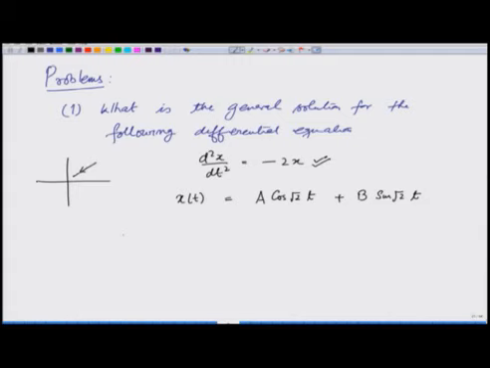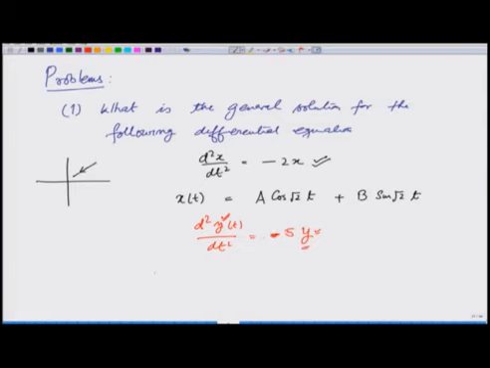Let us take another example. Let us say d2y(t) over dt square is equal to minus 5y. I am using y just to emphasize these are just symbols. What you need to do fundamentally is look at the relationship between the symbol which represents the displacement, a second derivative, and the symbol itself which represents the displacement. So, in this case again you see that the acceleration is opposite to the displacement because of that negative sign, and